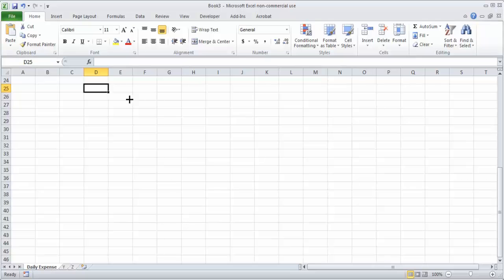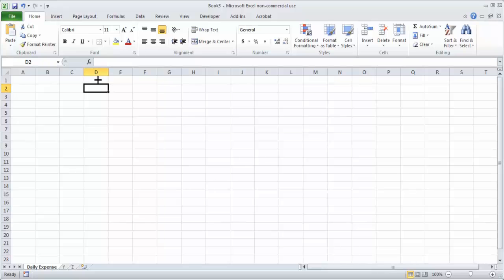Pressing Page Down, I am pressing Page Down, and you can see that I am moving to D71, D94, like that. If you want to move to the right side of the page, you can press Alt Page Down. So you can notice that we have moved to BI. So I am pressing Alt Page Down, so I am moving to the right side. If I press Alt Page Up, I will move left one page.